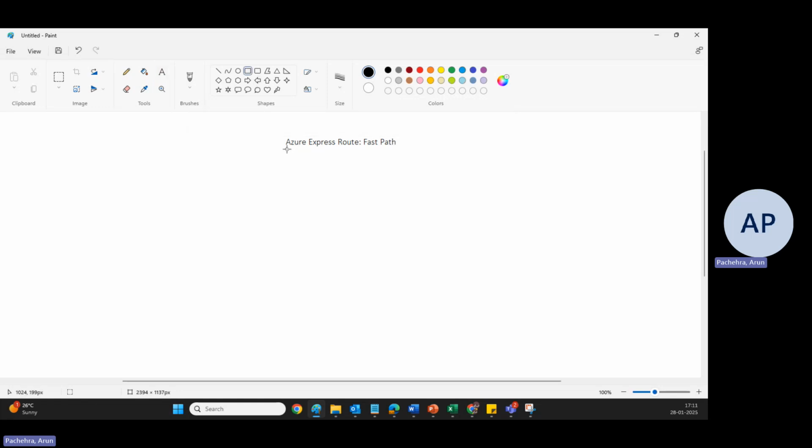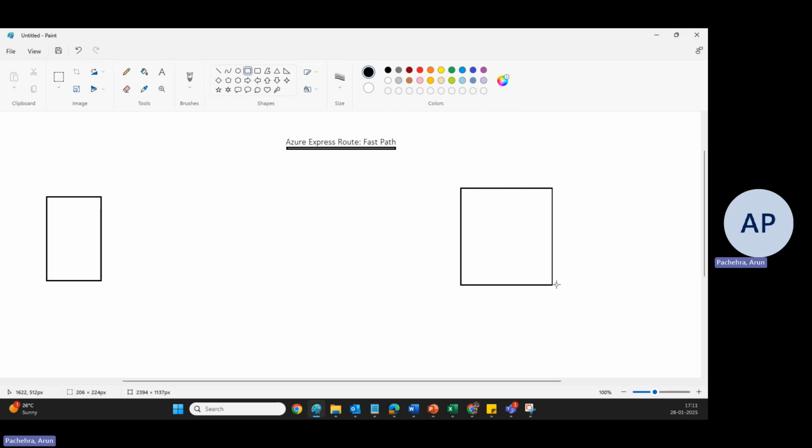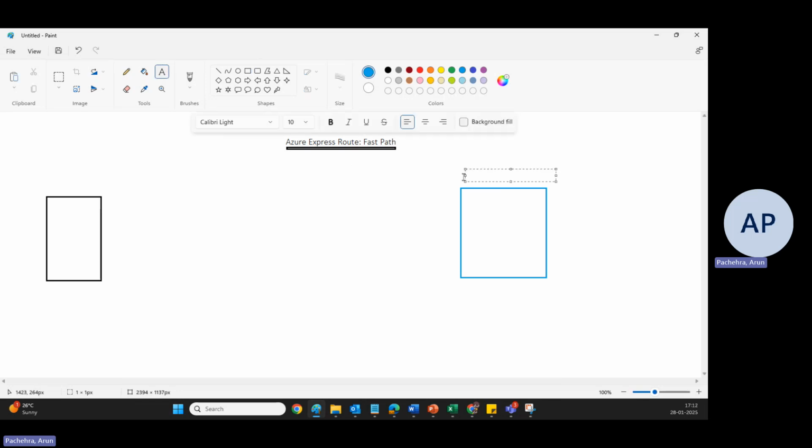configuration, right? So first we need to understand the concept behind it. For example, this is our on-premises and we all will be able to understand. And this is our Azure Virtual Network. Okay, let me make it blue. This is our Azure Virtual Network, and that was on-premises,